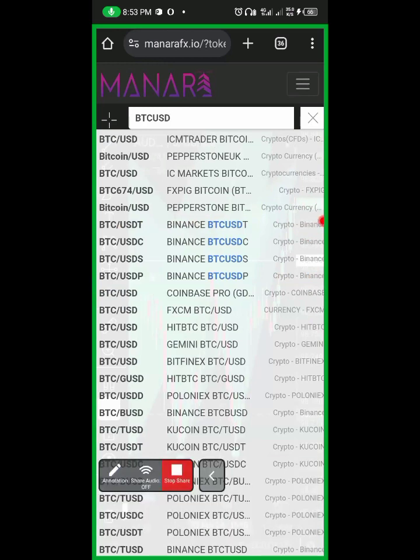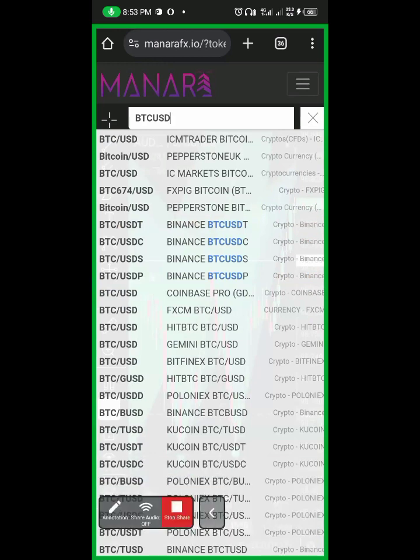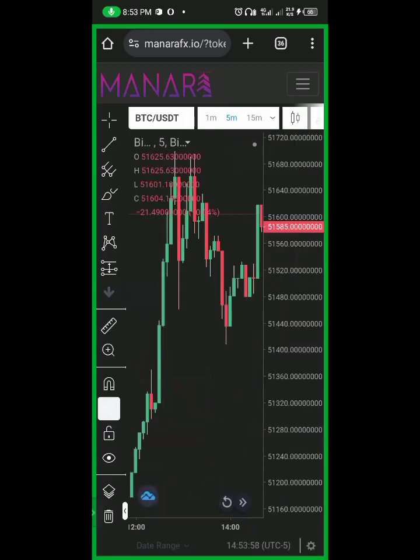So now, because the market is closed, I can't do other currency, right? So we just do BTC USDT, the Binance. Remember, BTC USDT, Binance. We tap. Now, when you tap this one,